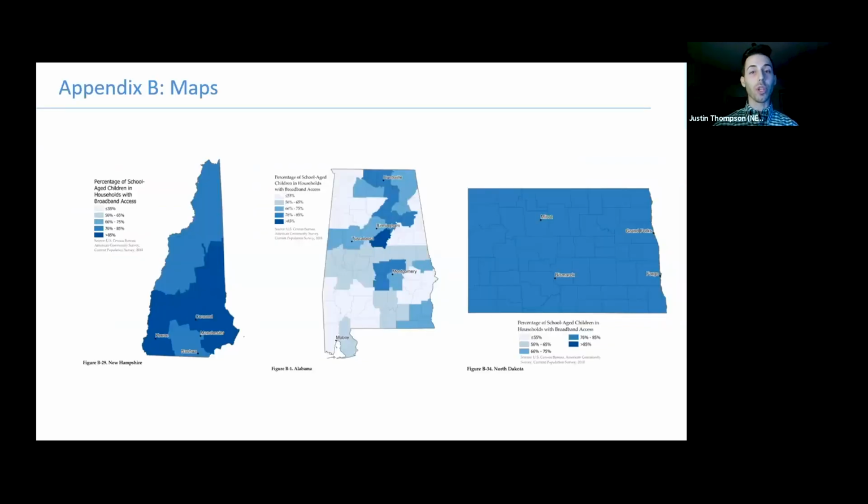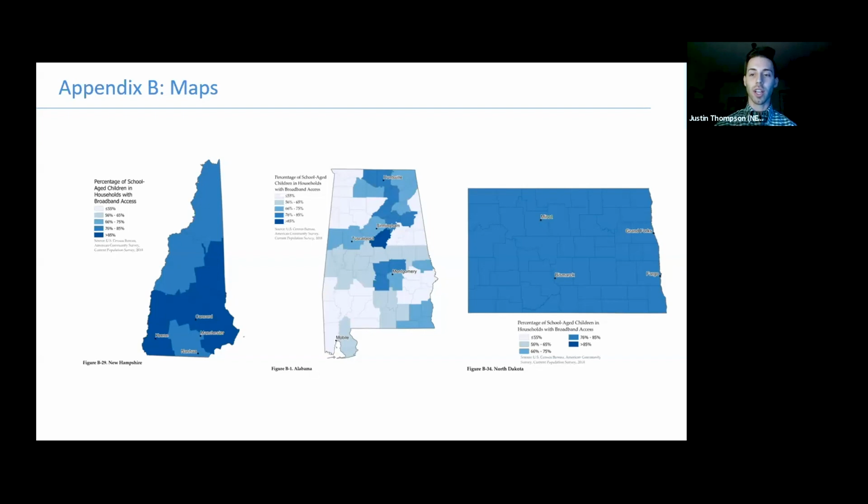So when you do open the report later, hopefully, it may seem overwhelming when you initially open it because it has over 200 pages. But keep in mind that the vast majority of those are simply just appendices. And so after you get past the 15 to 20 page report and past the data sets in Appendix A, which if you're a data nerd like me, you might want to go through. But honestly, the thing that I found the most fun was Appendix B, which is our maps.